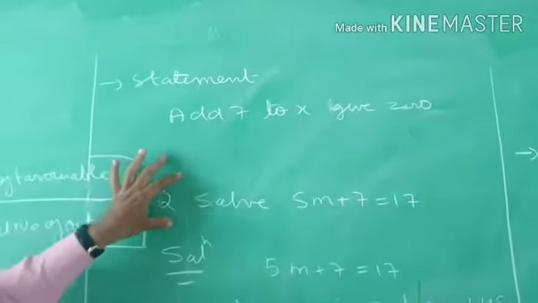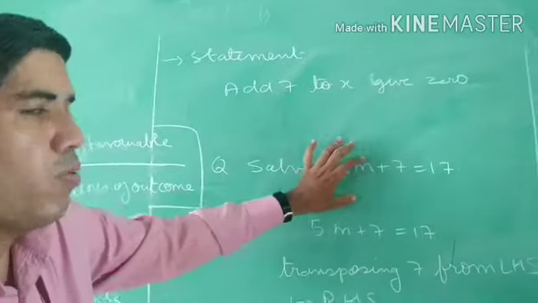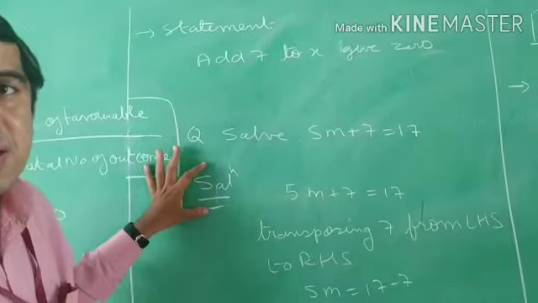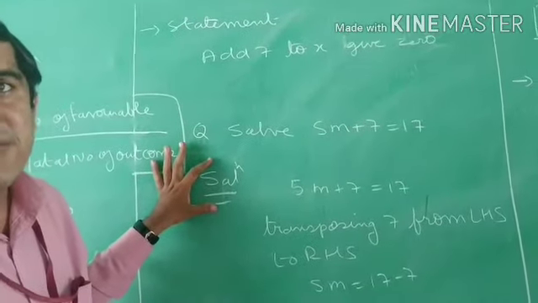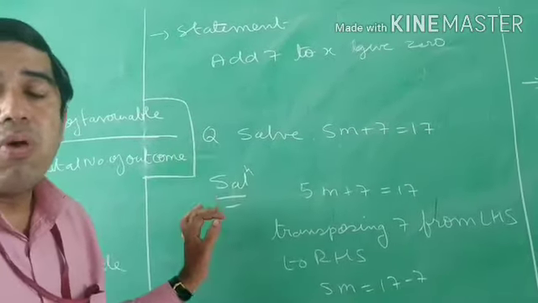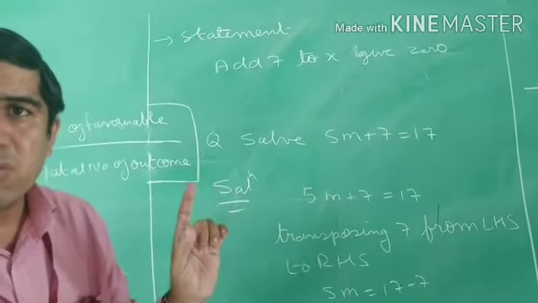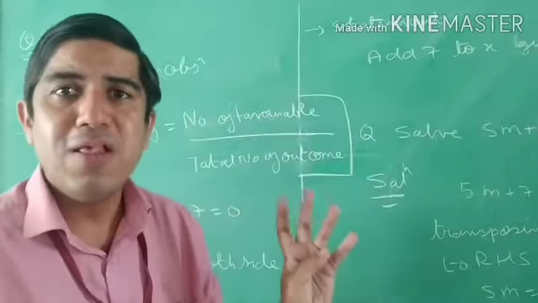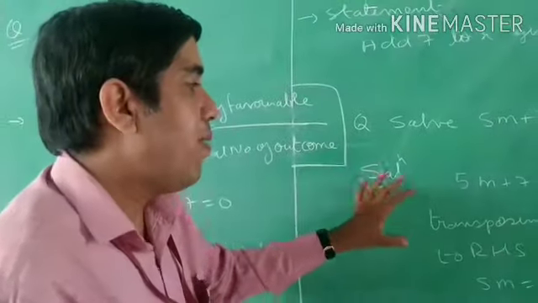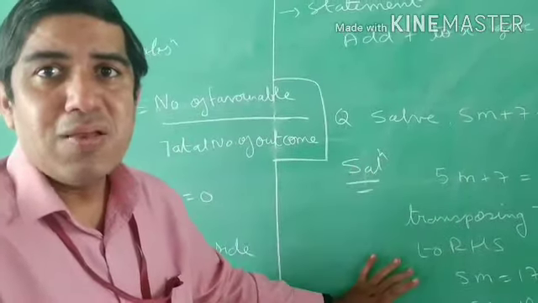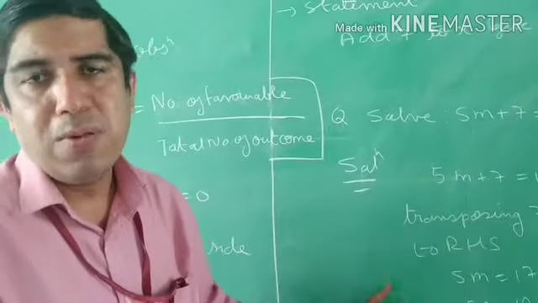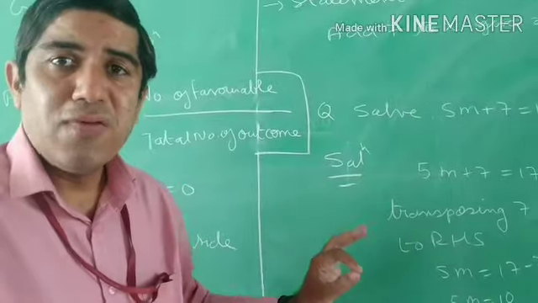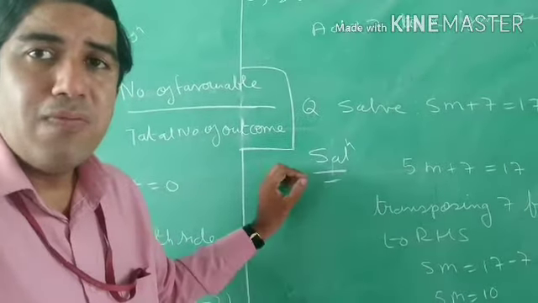Now next, solve 5m plus 7 is equal to 17. Now here I am discussing this problem. The reason is that so many students are asking whether verification is to be done or not. Only in a 1 mark question you do not have to do verification. Any equation that comes in 2 or 3 or 4 marks, please verify. Because sometimes the equation is very easy and verification is also very easy. It may contain 2 marks. So better solve and verify in each and every question, leaving 1 mark question.